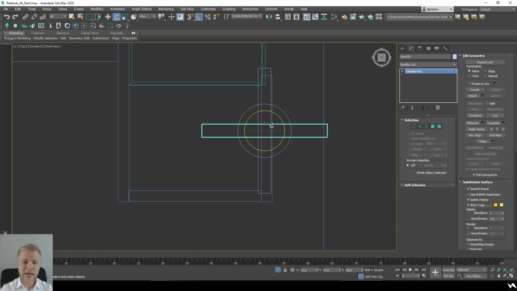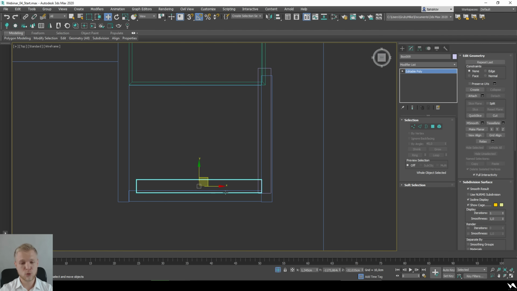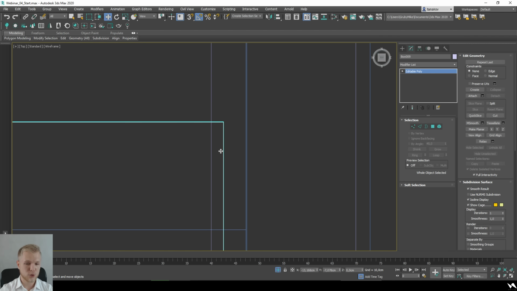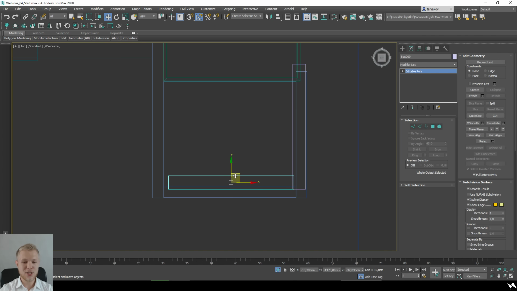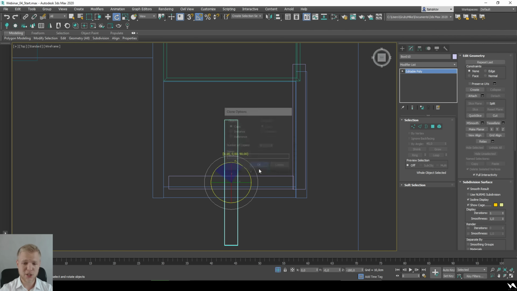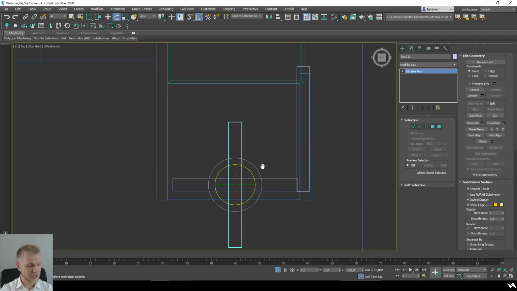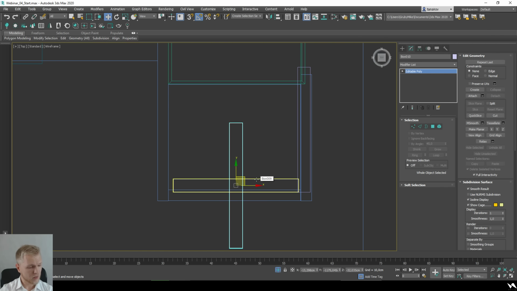So again, I'm not going to go for full precision. I'm not going to snap all of those elements. You can actually be off for quite a lot of centimeters when it comes to exteriors. You might know in